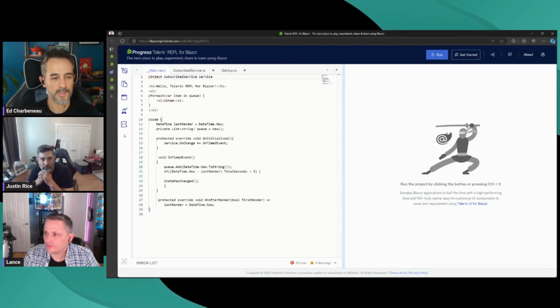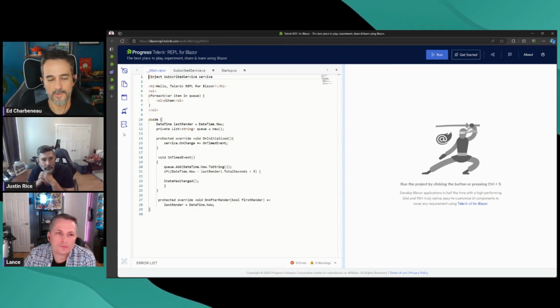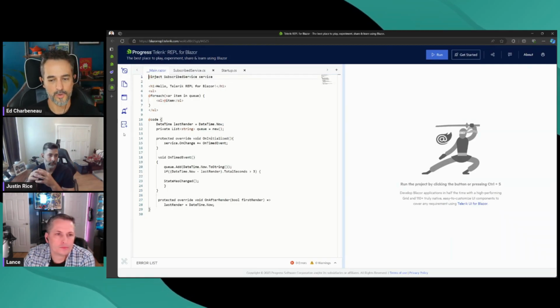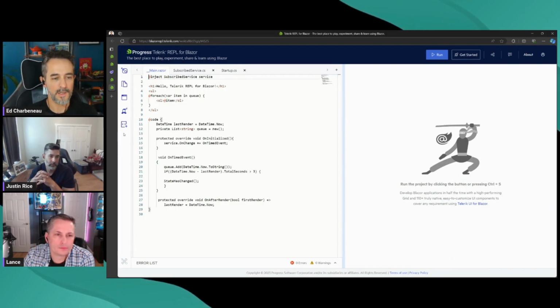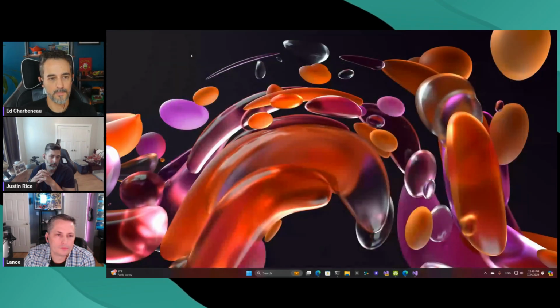What ShouldRender does is it tells Blazor whether it should re-render the page or not. You put a function in, so you say if this condition is true, then re-render. If not, skip the re-rendering. And that did work, but that also would have meant, as events are coming in,